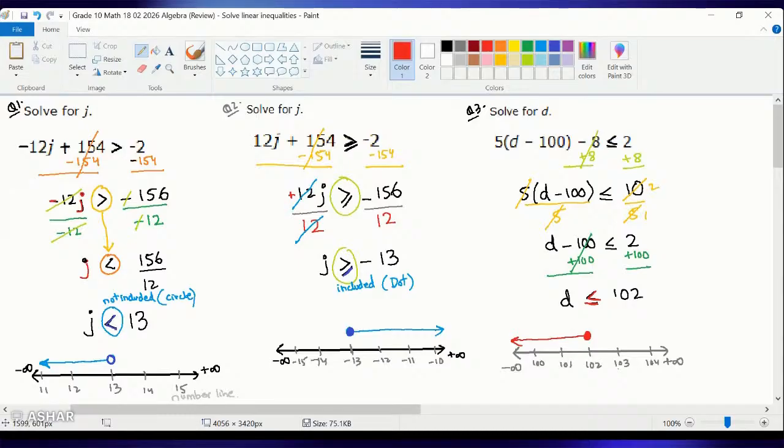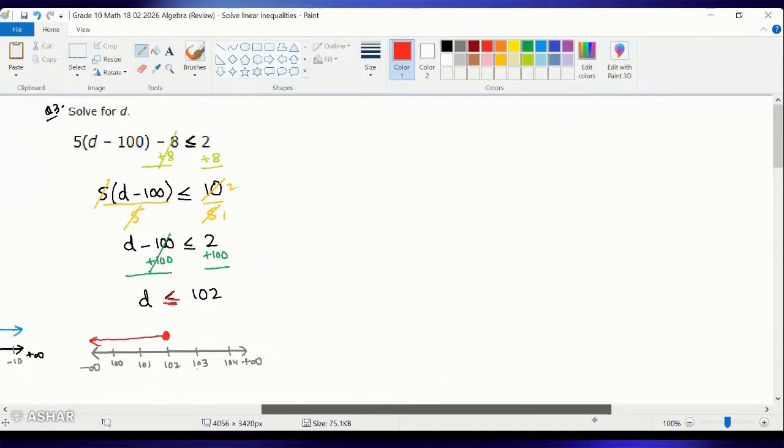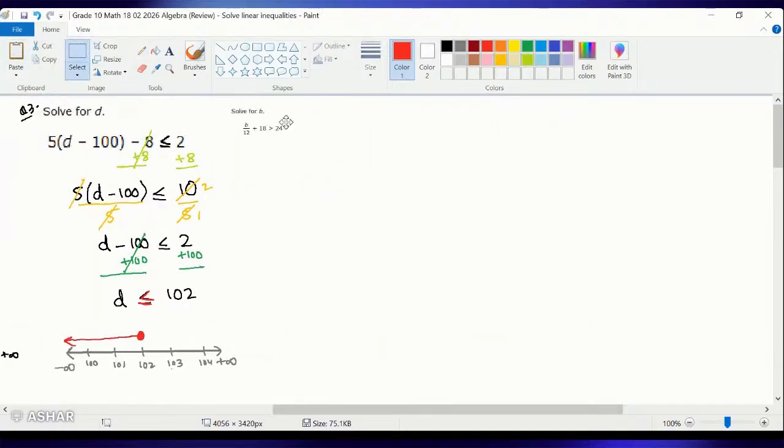So we are trying to draw this inequality on the number line as well. That means whenever we have an equal sign, we draw a dot. Whenever we don't have an equal sign, we draw a circle. Okay. For the next question, it says, solve for B such that the inequality given is, let's see. Okay. For question number 4, they're saying if this is the inequality that is given to us,